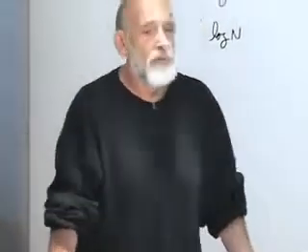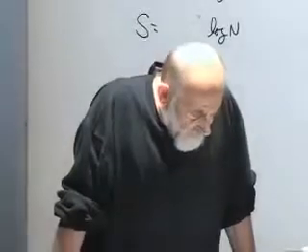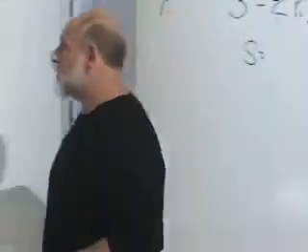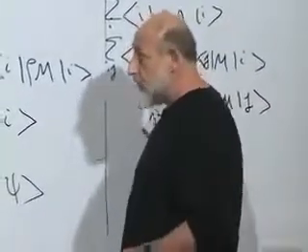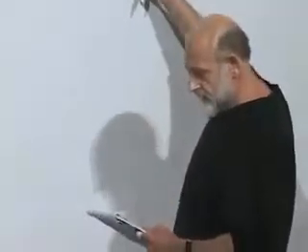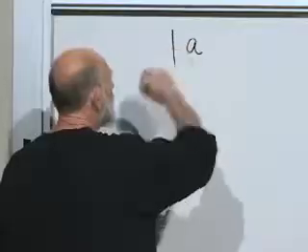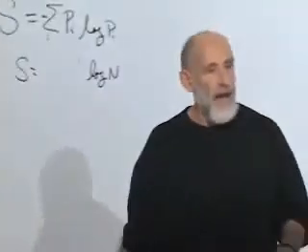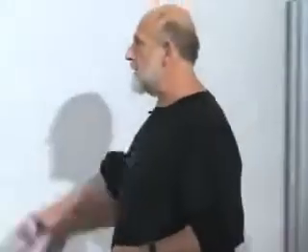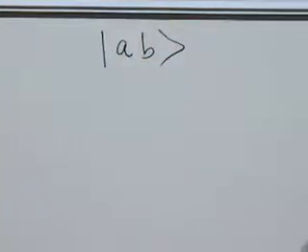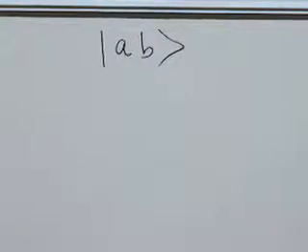All right, now we want to come to entanglement. Entanglement happens when we have more than one system. So let's suppose we have a system composed of two parts. And let's suppose we have some basis, labeled by a state or an observable A for one of the subsystems and B for the other. Now, for the case of two spins, A and B could both be up or down. We could have up-up, up-down, down-up, down-down.